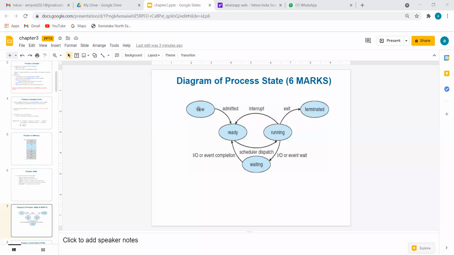There may be one more infinite case: a new state, a new process is created, ready state, interrupt. While it is under execution, due to some shortfall of resources, again it will enter the ready state. From there, running, again shortage of inputs, again like this, you can imagine. Okay, so finally it has to terminate.